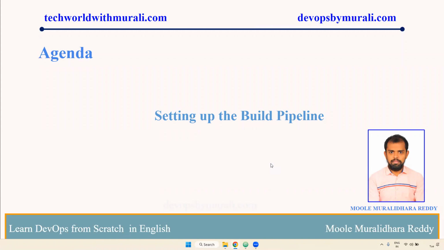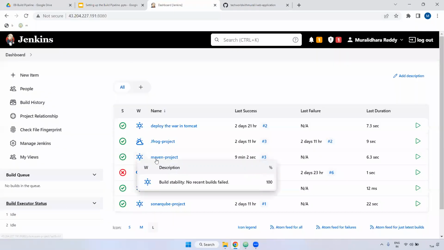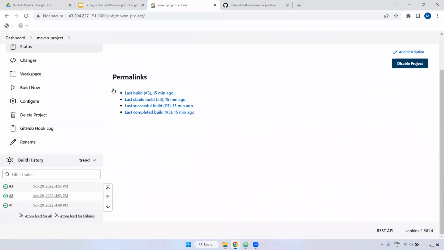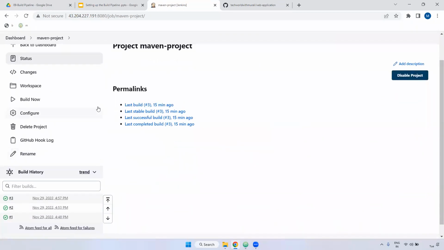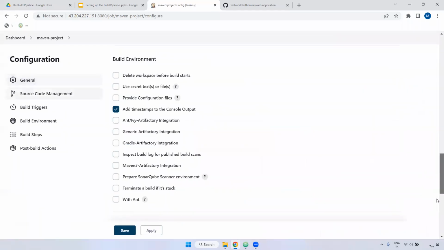In this video, we are going to discuss how to set up the build pipeline, and why we require the build pipeline. Okay, let's see the demo. Example: you have a project. The project name is Maven project. Okay, if you see here, I click this particular Maven project. This particular project contains: clone the repository and it will build the code